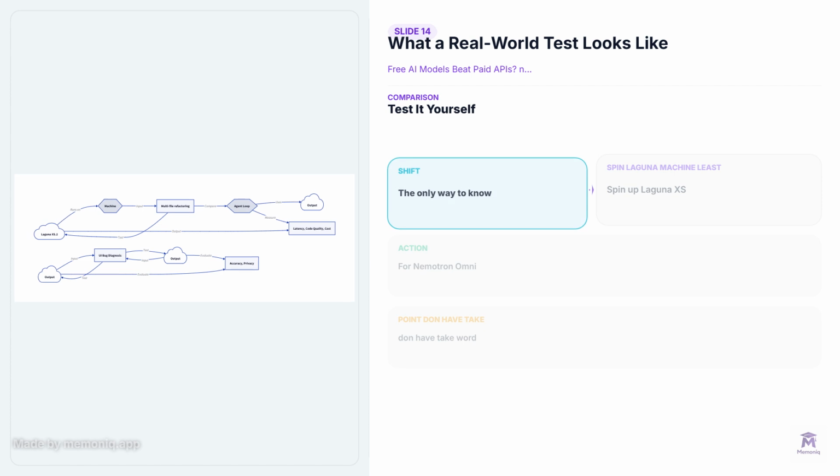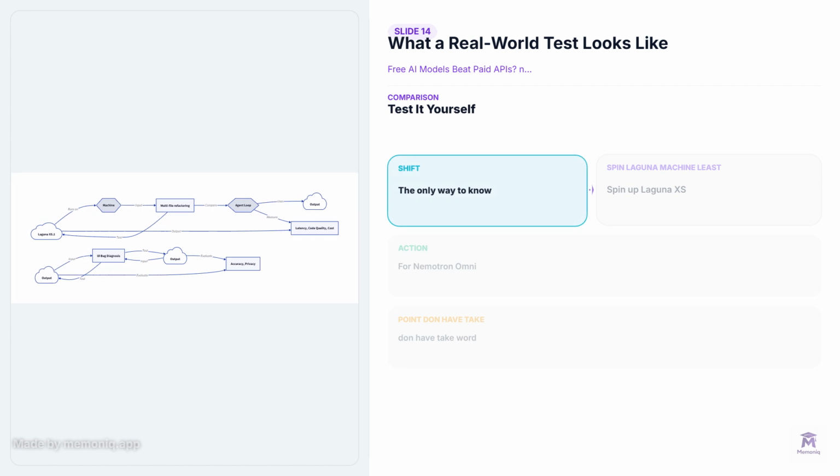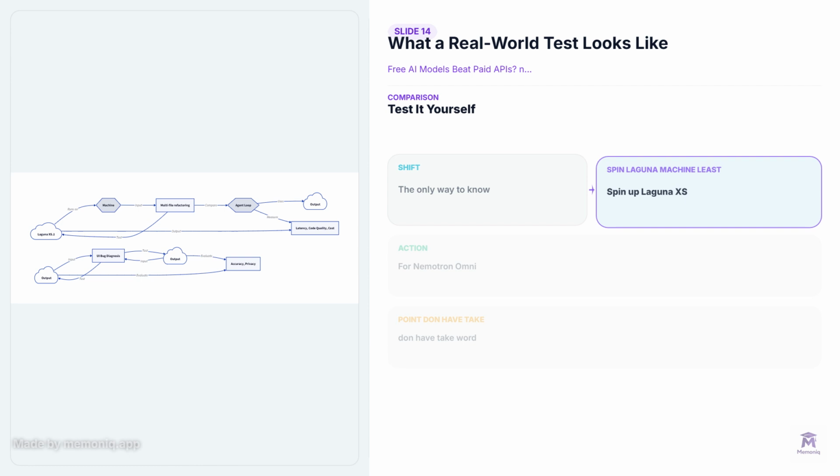The only way to know if these models beat paid APIs is to test them yourself. Here's how. Now, I haven't personally benchmarked these models against GPT 5.4, 5.5 yet, that's a video for another day. But if you want to test them yourself, here's what you'd look for. Spin up Laguna XS.2 on a machine with at least 16 GB of VRAM. Give it a multi-file refactoring task and see how well it maintains context over 50 steps. Compare that to using the GPT 5.4, 5.5 API with a similar agent loop,